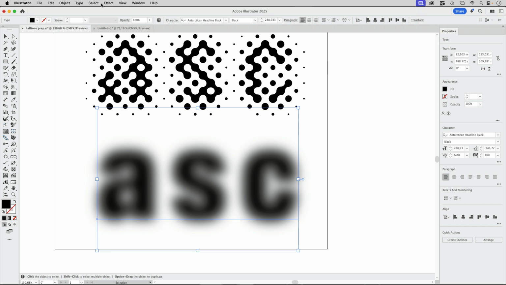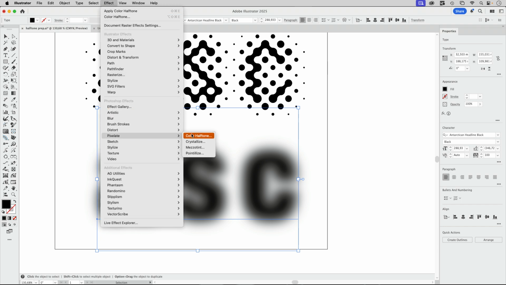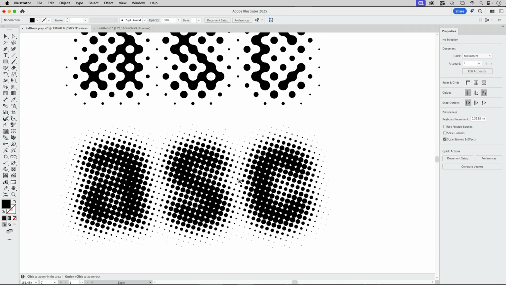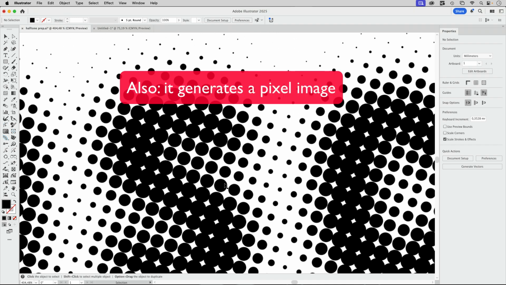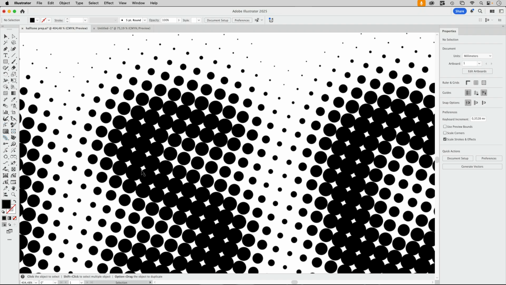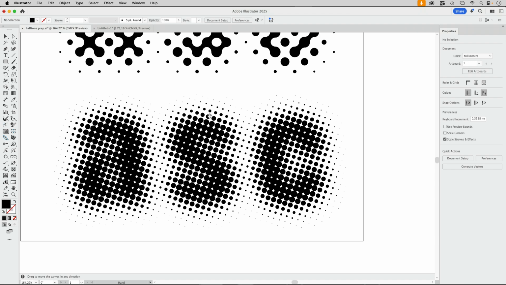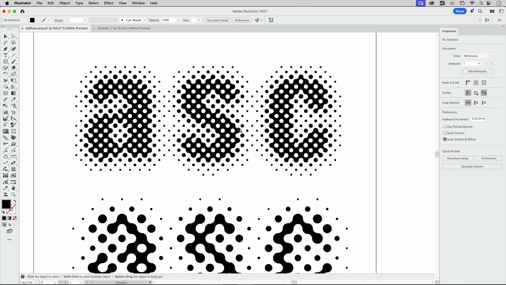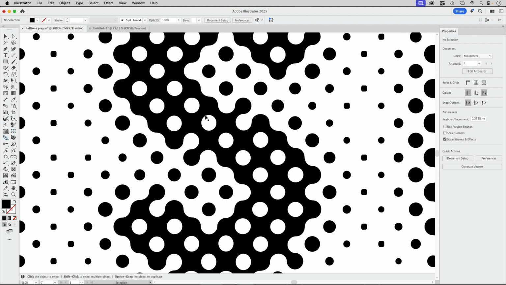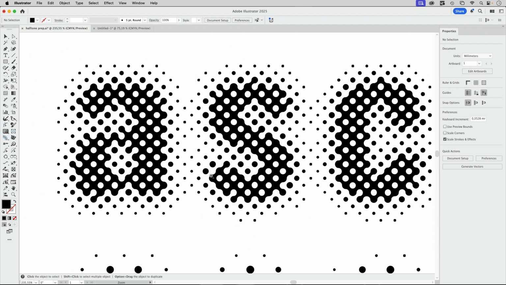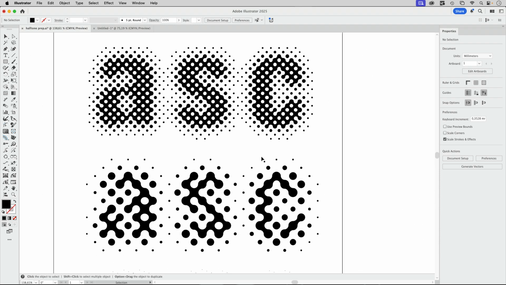When we take this and apply Effect, Pixelate and Color Halftone, you see this just generates circles and makes them larger or smaller depending on the lightness of the original image. But in those negative areas, you do not form circles. So that is a fake halftone. But this one will be mimicking a real one, where inside of these we really get circles, or at least rounded areas. So let's first take a look at those halftones, and to do that we are going to use